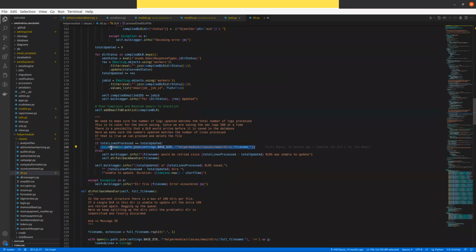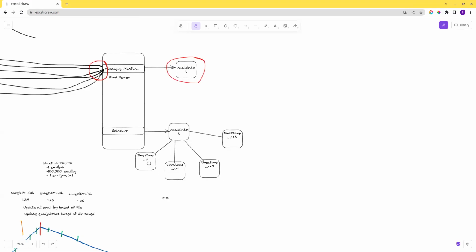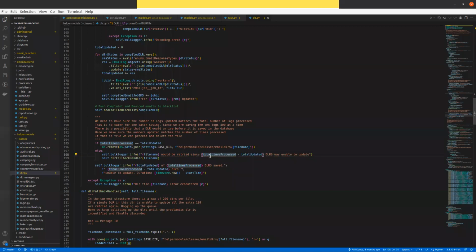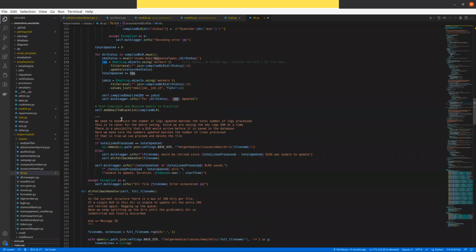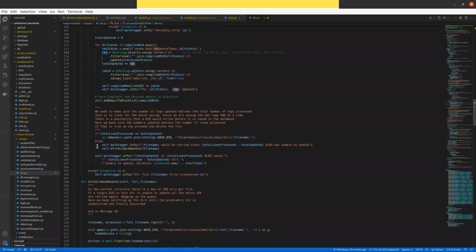However, in the chance where an update failed, remember, there are 200 DLRs here. So if we don't get 200 updated, that means there might be one or two DLRs that are not updated. It's maybe from a couple of reasons. Maybe they're writing to the DB field, or it's not yet written to the DB or something. So what happens here is we log it,